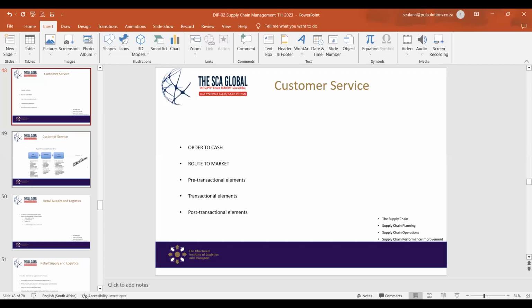Route to market is looking, at a high level, at how you can get your product into the hands of the consumer as quickly as possible, because that's where the exchange happens, okay? When you get into the transactional elements,